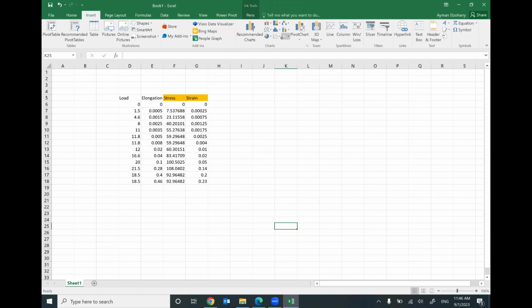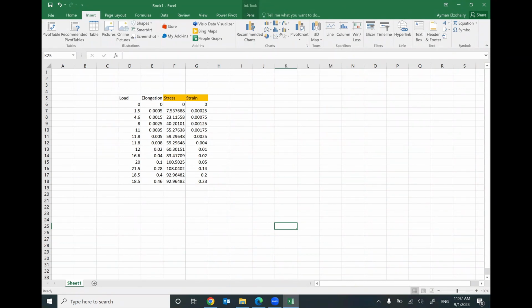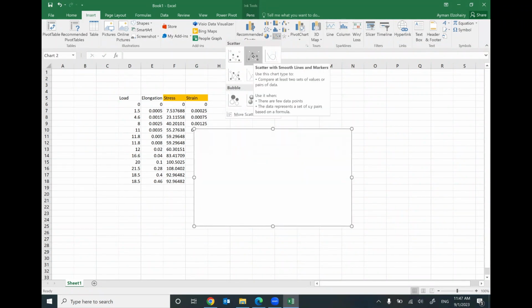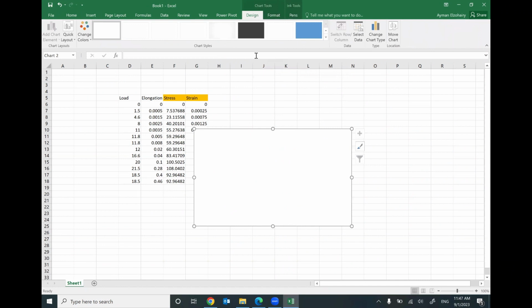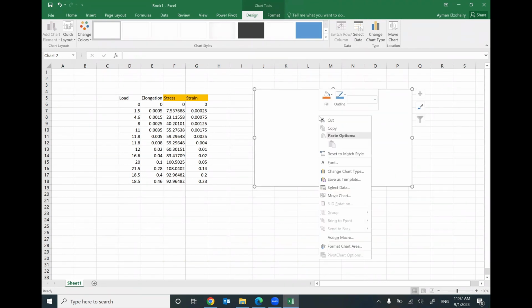We have here this plot. If you open this little arrow, I can use this one. Put your points and connect between them with a curve. Right click on this plot and then